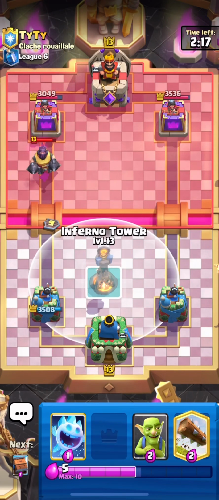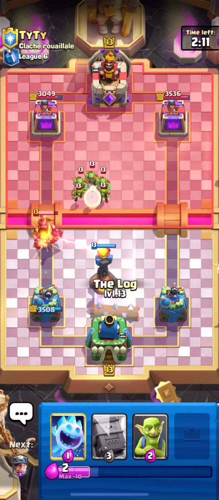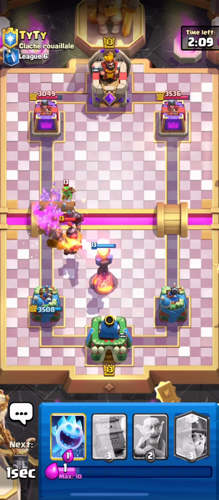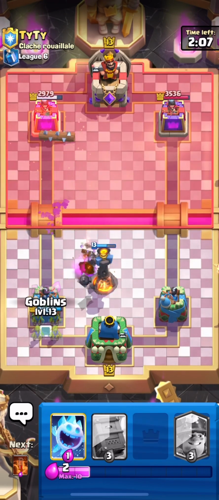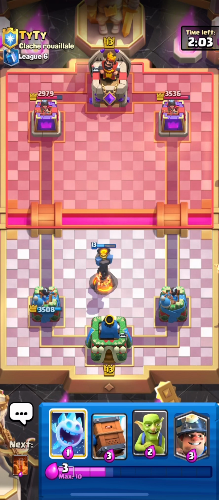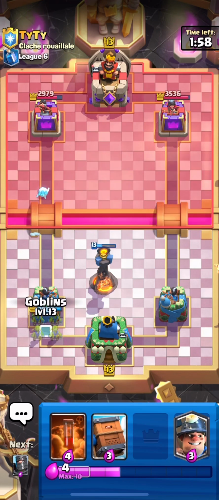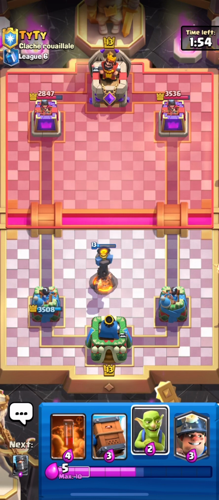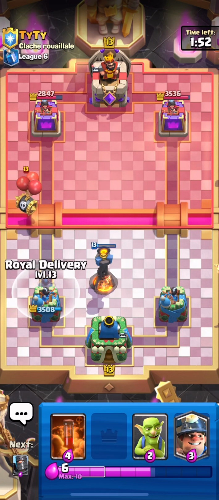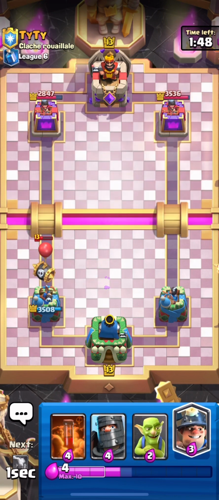Here he shows a Mega Knight, which I believe is a card that is very useful in lower arenas. However, when you start getting to the top, I think it becomes very easy to take care of, as long as you do not overcommit your elixir. I think it's a card that if they place it once you're low on elixir, it's one of the scariest cards to defend against. However, if they place it and you're ready for it and you have the elixir, it's